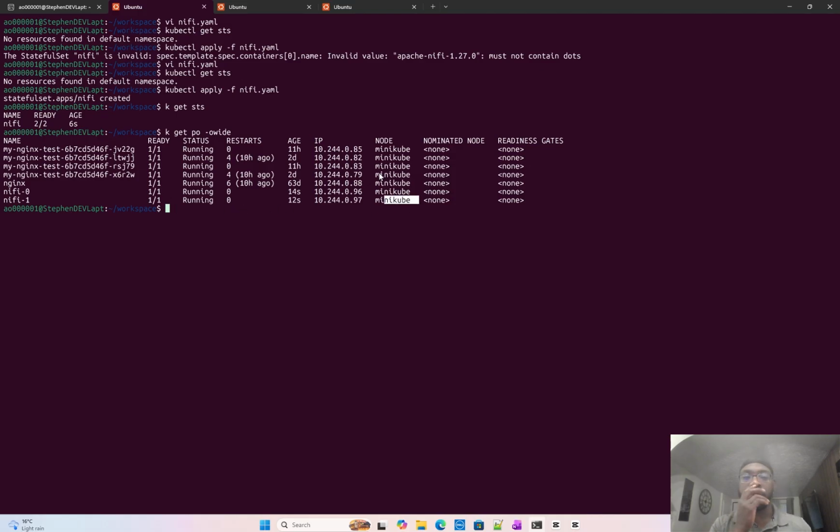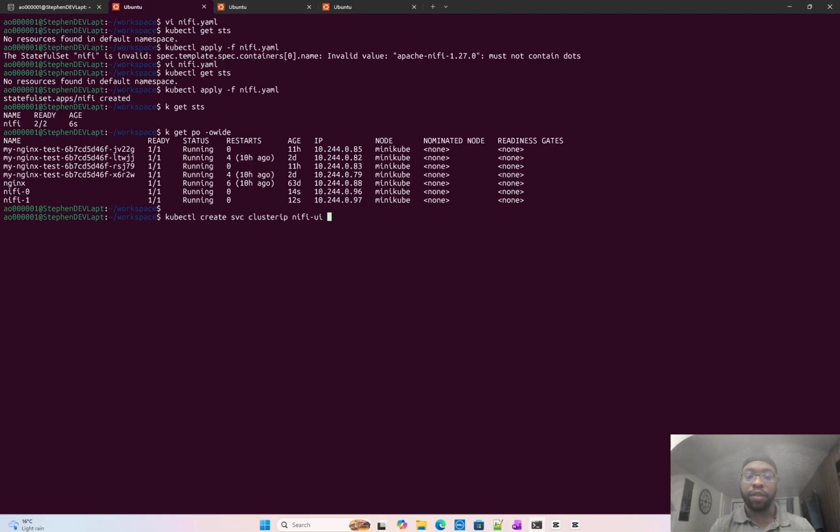So the next thing I need to do is create an Ingress as well as the service that we expose that will allow us to access the NiFi from a web browser. So the first thing I'm going to do is create a service, and the service is going to be a ClusterIP service. So I'm going to run kubectl create svc clusterip, and I'm going to say the name of that SVC is going to be NiFi UI, and